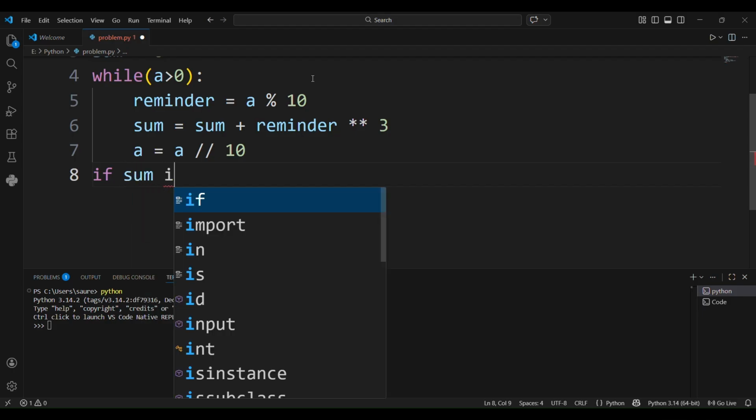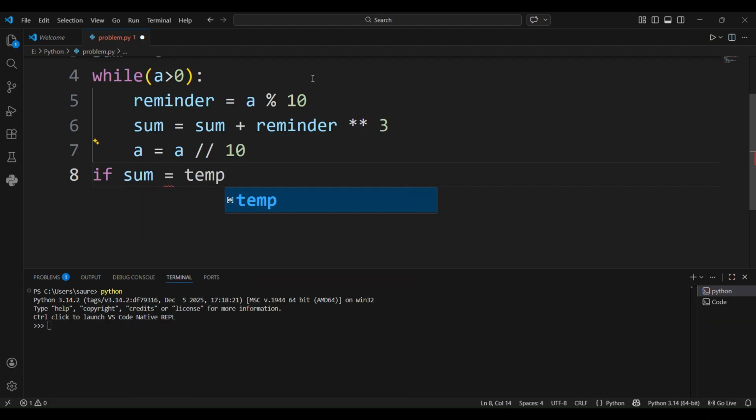And if sum is equal to temp, most of you will think, why didn't we use a instead of temp? As you can see earlier, the value of a will be finished and the loop will end by the end, so a will only have the value 0, so a is not feasible to use in this code. So we first store a in temp, and then use temp, and say if sum is equal to temp,